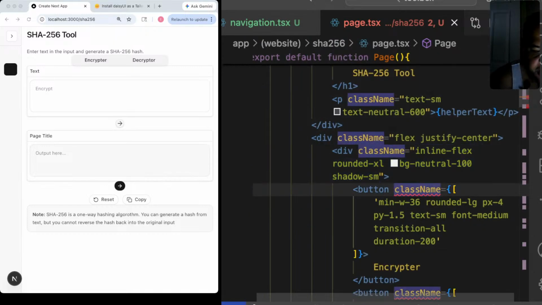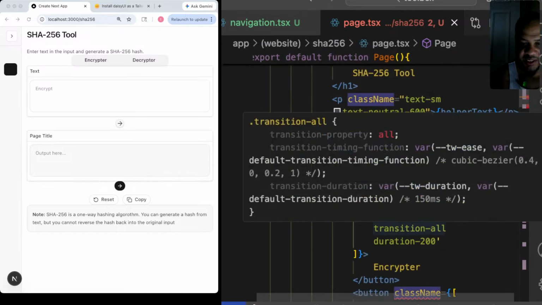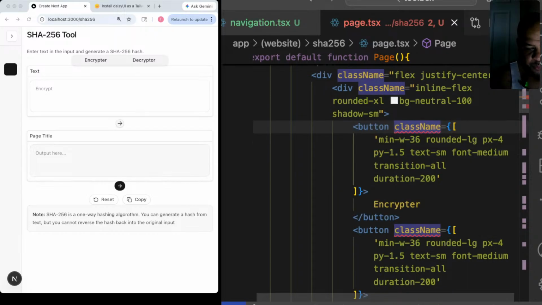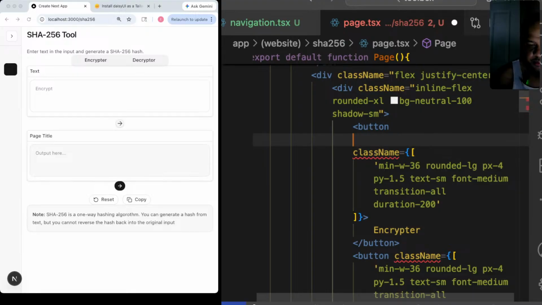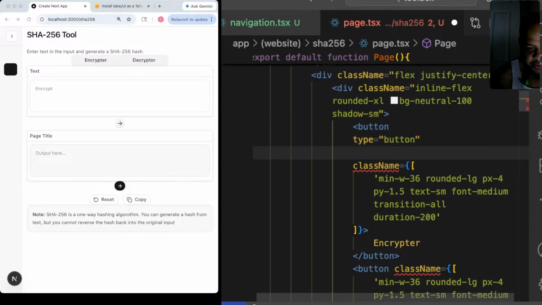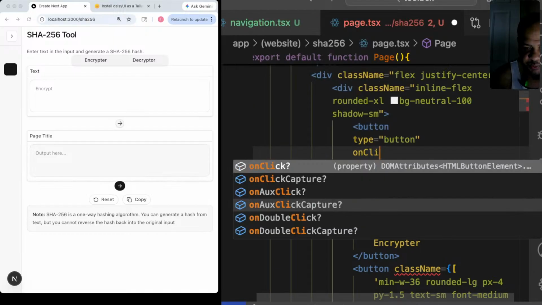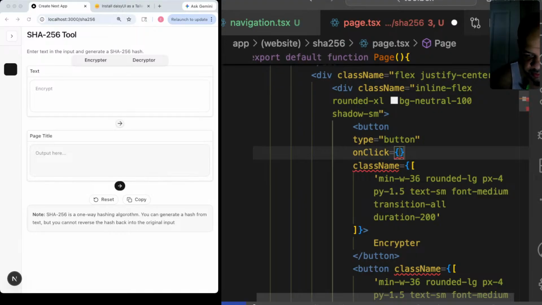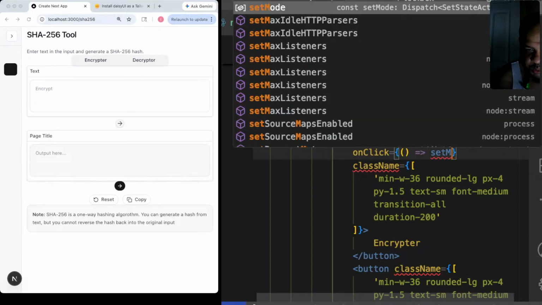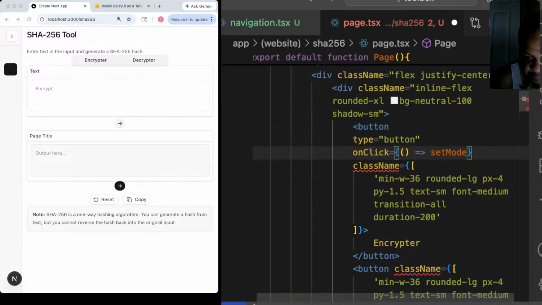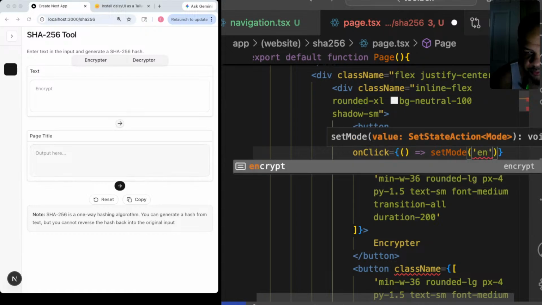So inside of this button where we have encryptor, let's add a type with a button, and I think we can just bring this in directly with the onClick. We'll go setMode encrypt,